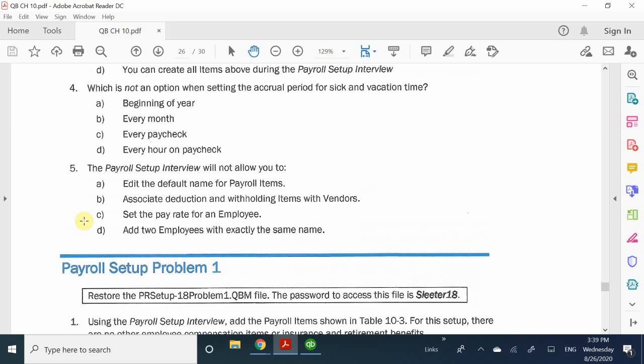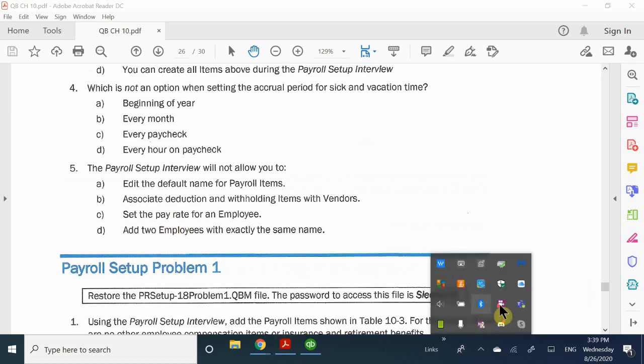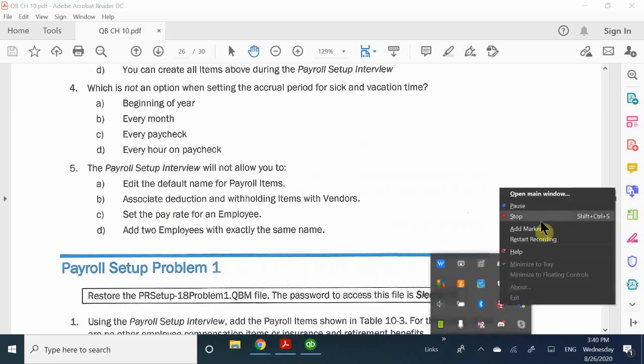Associate deductions and withholding items with vendors. Yes, you can do that. Remember, we did that, right? An EDD is a vendor to us. Yes, we can. Then C says set the pay rate for an employee. Yes, you can, but we chose not to because every employee can be different. All right. So, good job, everybody. That was chapter 10. Any other questions in regards to chapter 10? So, again, this is very, very, very